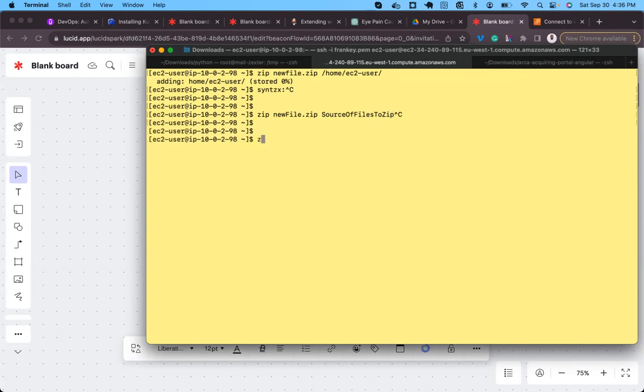Right? So I'll say zip docs.zip. Then the source that has all the files. The source is /home/ec2. Yeah, everything here. Let me just take asterisk. So everything in this directory, I want to zip. If I hit enter,